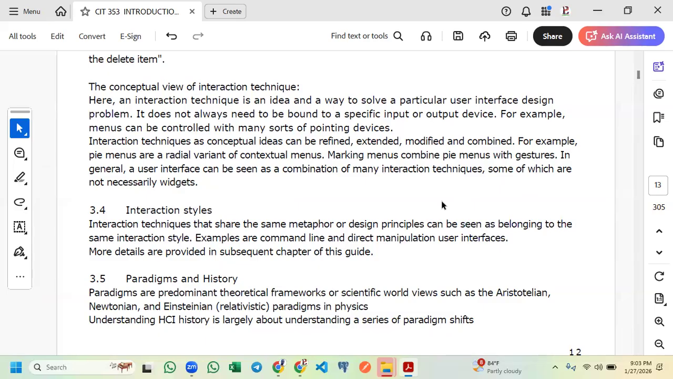This is my title. It's just like the pie chart too. But the marking menu used to use gesture. The difference between the pie chart, sorry, the pie menu and the marking menu is that the marking menu can use gesture,